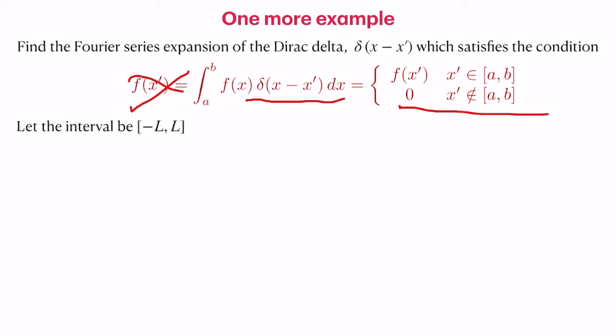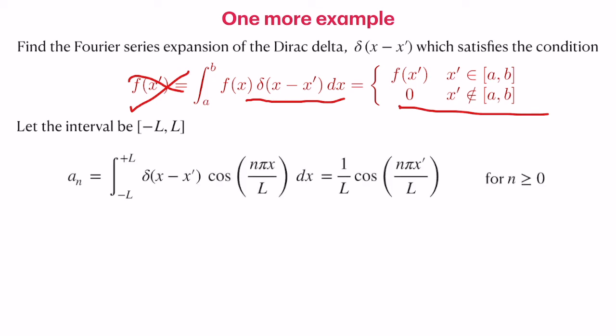Now, instead of going through all sorts of imaginations and intuition, it is very easy to do this integral, as we have seen that any integral involving the delta function is going to be very easy. So a_n can be simply computed by the integral from minus L to plus L of delta(x minus x prime) cos(n pi x by L) dx. Let's assume that our x prime is inside this interval, and when we take this integral, it's going to simply take the value of the function.